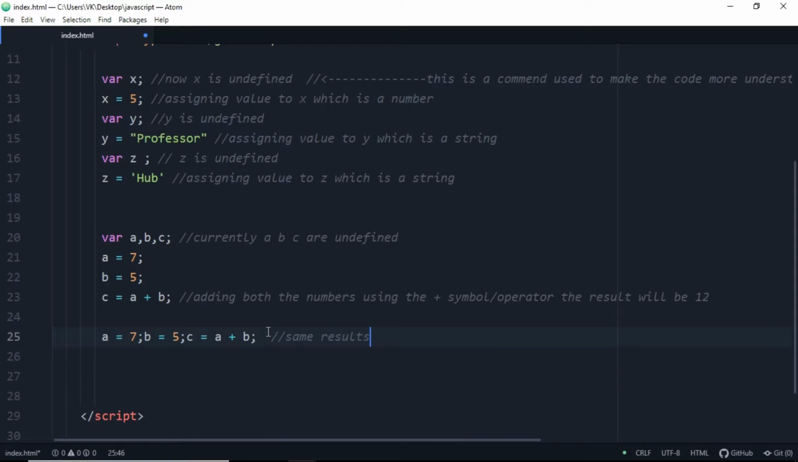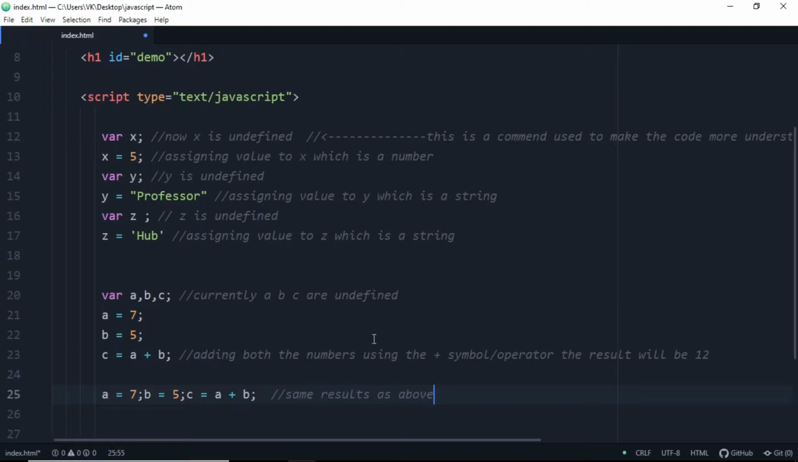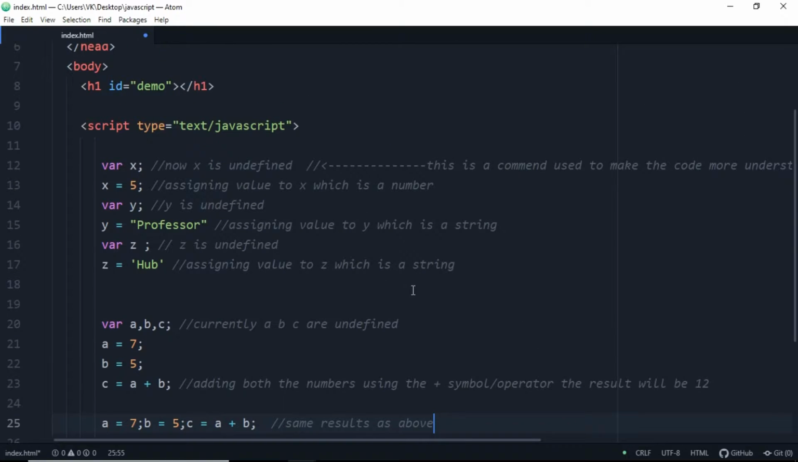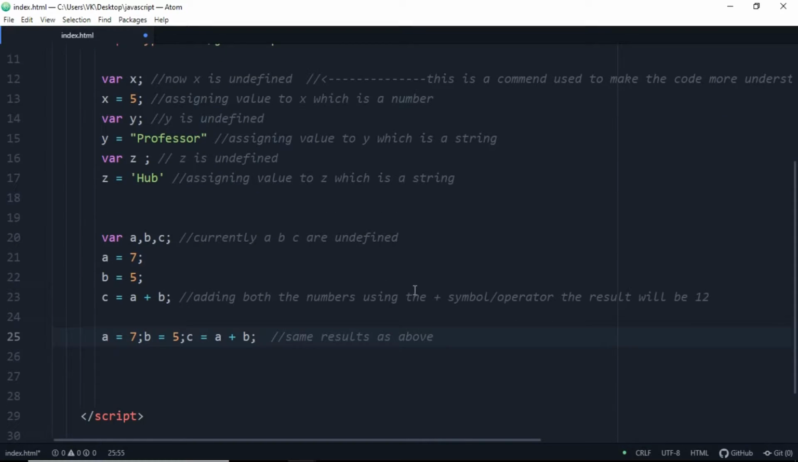Also we can perform all the coding in a single line with a semicolon after each statement on the same line. As you see here, a is equal to 7 semicolon, b equal to 5 semicolon, c is equal to a plus b semicolon, and we'll just comment it out as same results as above. So the result of c will be the same as c is equal to a plus b semicolon. Hit enter and